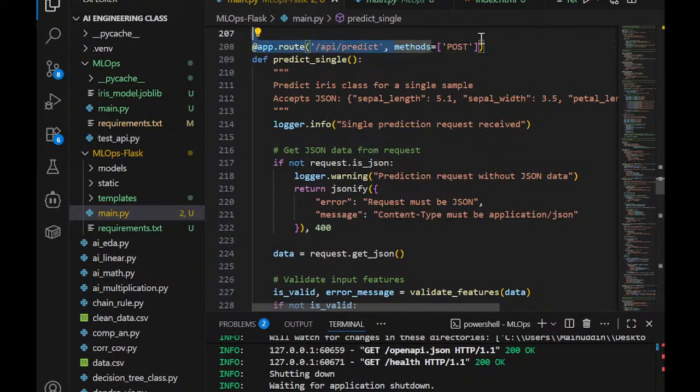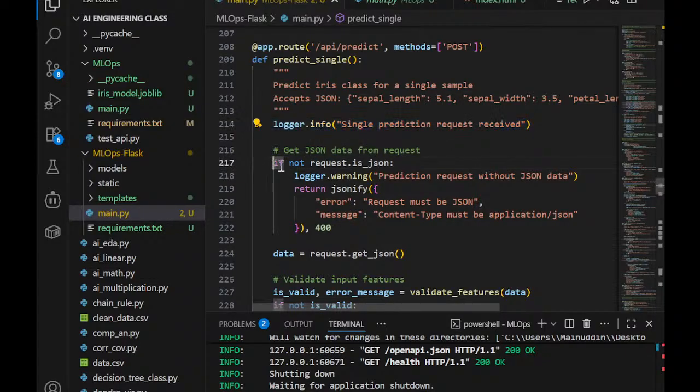So the method is post, so it only accepts post requests, and then this logger.info logs that the prediction request was received,